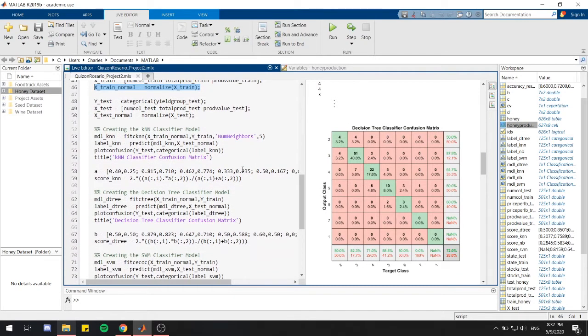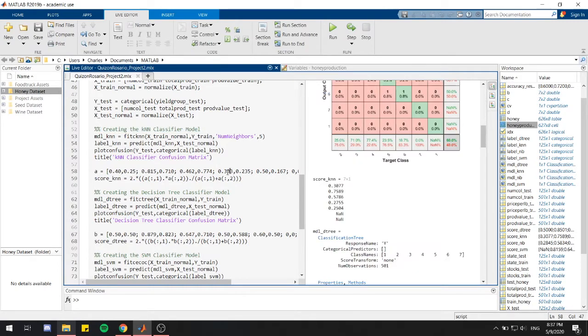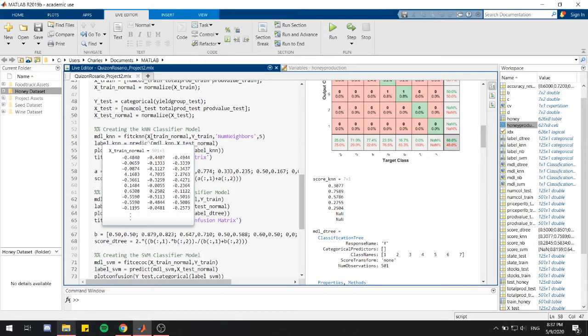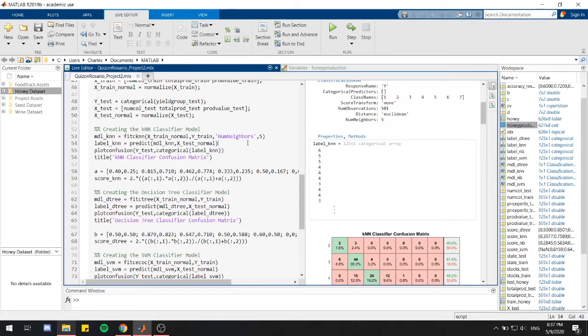After pre-processing the data, we then created the models to predict the honey production. First of all, we see here creating the KNN classifier model. For the KNN model, we use the function fitcknn, and for the x value, we have the training dataset, and the y value also the training dataset. We also used k equal to 5 using the property NumNeighbors in order to predict it more accurately,